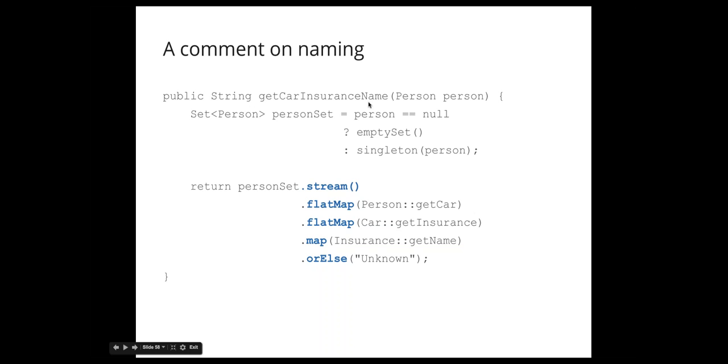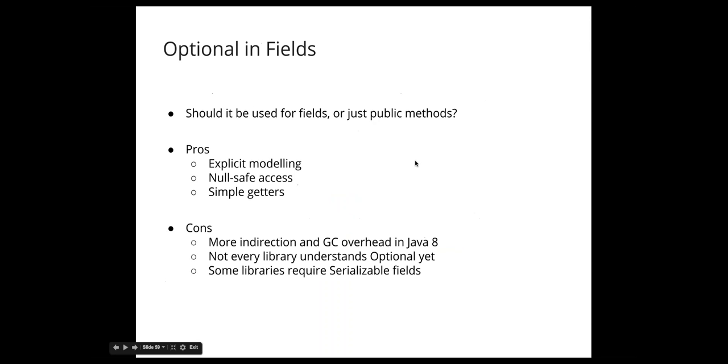So a little comment on naming. Flatmap and map, you might feel that actually those are not really very readable method names. They're not really particularly useful. And the reason for that is if you've used the Stream API in Java 8, the Stream API already supports the methods map and flatmap with a very similar pattern. So you could think of an optional object as a stream that has one element or is empty. So just for consistency, that's why the optional here makes use of those method names. So if you're already familiar with the Stream API, it provides you with an easy migration path to use optionals because you're already familiar with that pattern.